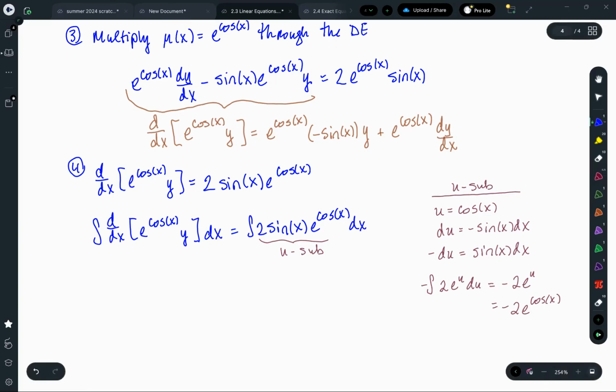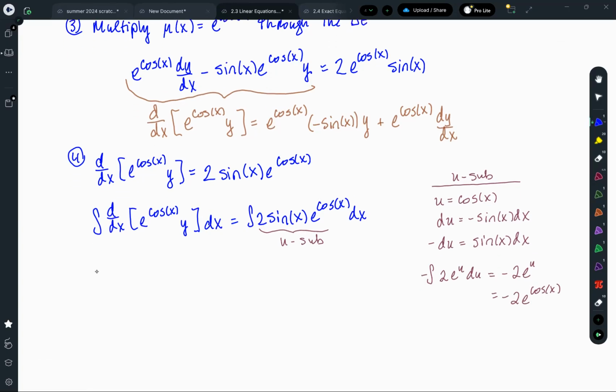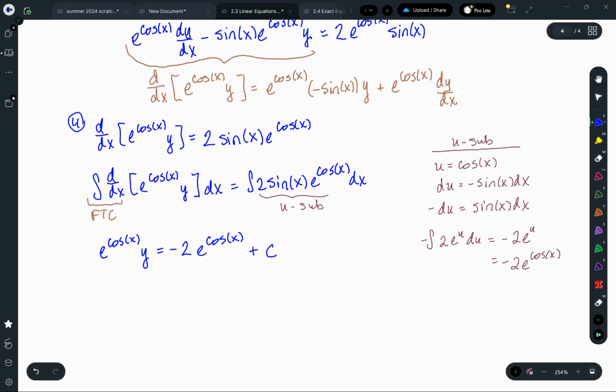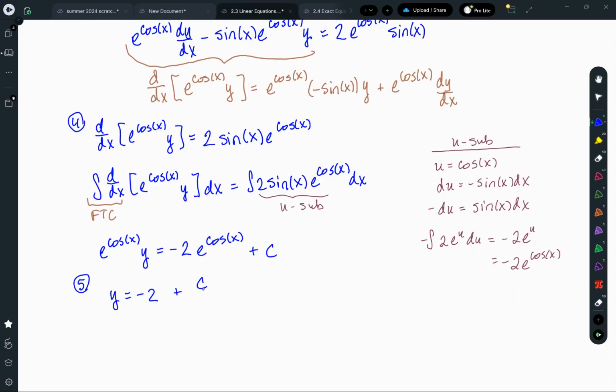Okay, well, let's do this. Going back to our integral, the left-hand side, the fundamental theorem of calculus is going to say that the integral of d/dx just leaves the argument, e to the cosine of x times y. On the right-hand side, we get a negative 2e to the cosine of x plus c. Then we divide both sides by e to the cosine of x because we need to solve for y. And so y is negative 2 plus c over e to the cosine of x. All right, so